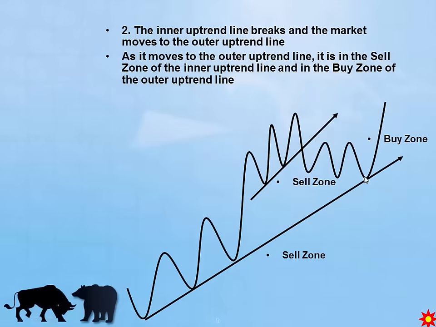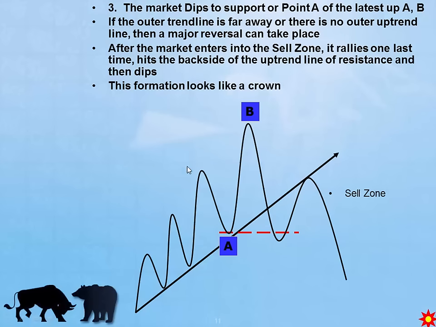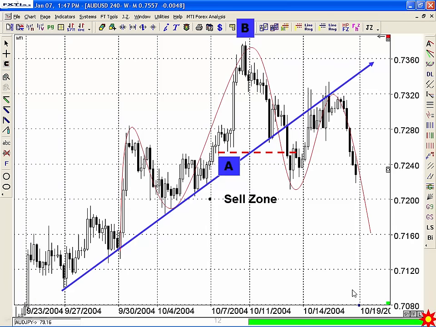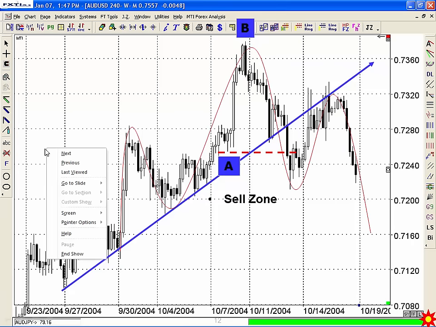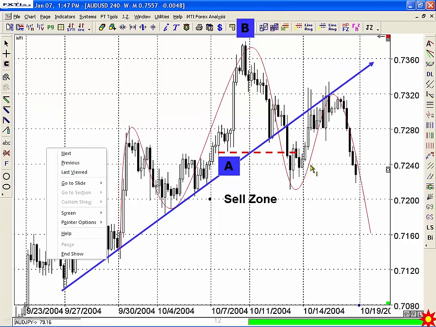Scenario 2, it goes to the outer trend line, like this right here, broke, went to the outer trend line. Or scenario 3, we get a big reversal. Okay, and we're going to learn how to spot right here and draw our counter trend lines right here to get in on these trades. Okay, so because you can see right here, and I'll actually draw right here. Okay, when the market broke, we want to draw. The market tends to accumulate, draw our counter trend line,